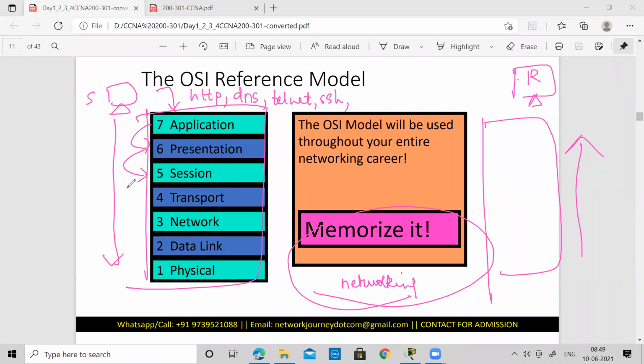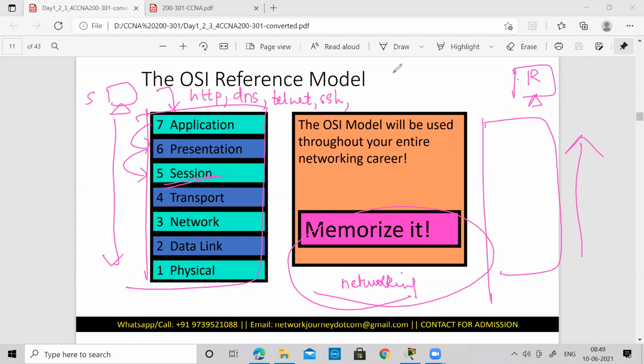In half duplex, you have only one channel available. One can send, the other has to wait, then the other person can receive or send. So it's like sharing. There is only one channel for sending as well as for receiving. And full duplex, where you have two channels, one can send, one can receive. So simultaneously we can talk, like the way we can talk on our mobile phones. There are two separate channels for sending and receiving the information. So it makes sure that the devices are set up in a proper communication mode.